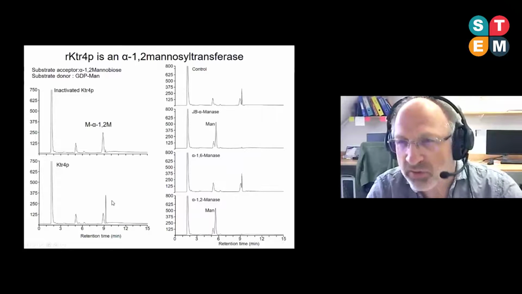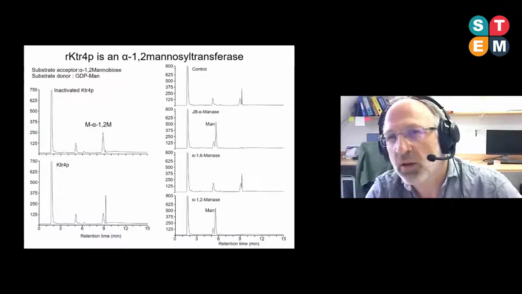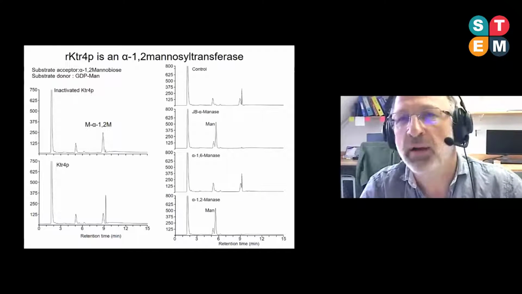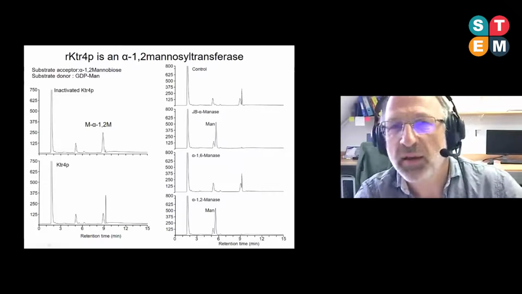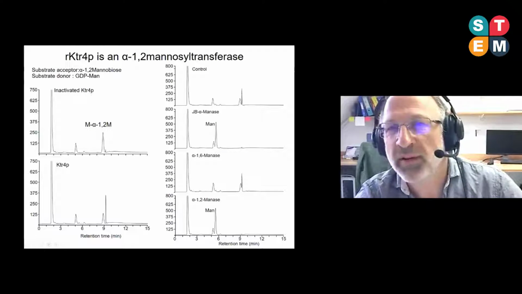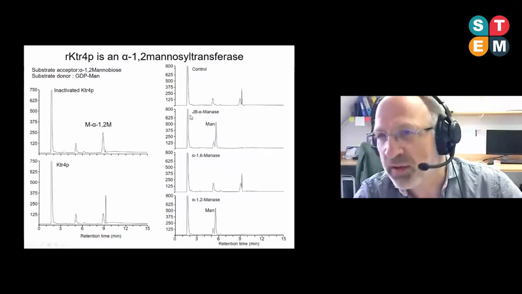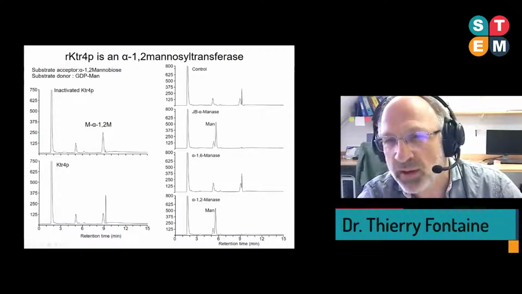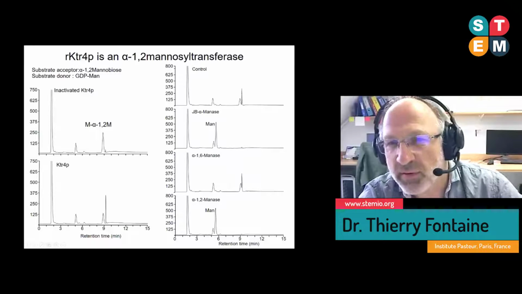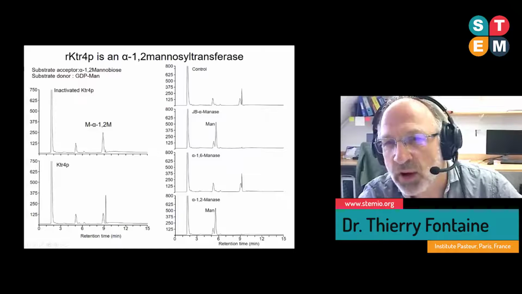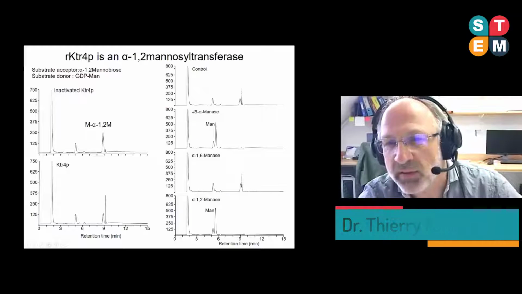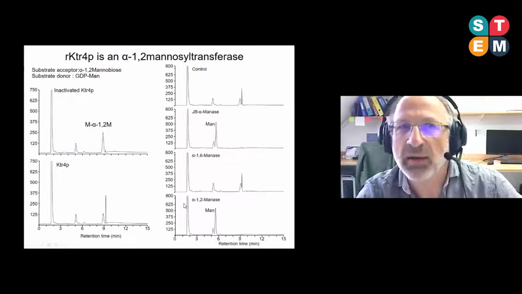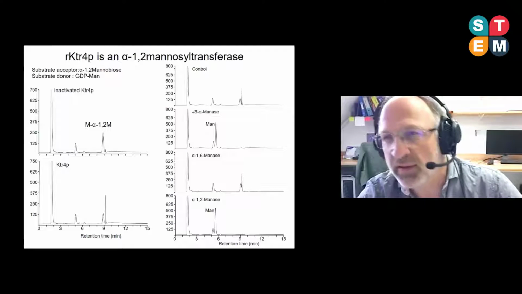And to analyze the structure of this trisaccharide, we use specific enzymes, which are alpha mannosidases. And here the jack bean alpha mannosidase, which is non-specific, degrades totally the product and the substrate. And this product is resistant to alpha-1,6 mannosidase, but it's sensitive to the alpha-1,2 mannosidase, showing clearly that Cre4 is an alpha-1,2